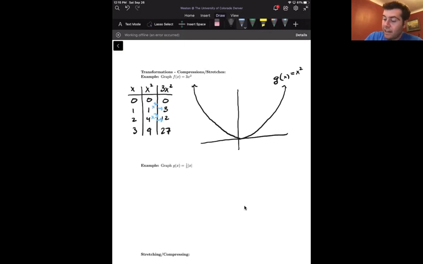And now for f of x, any y value on here, let's say that's y, we're actually going to go up to 3y and make a new point, and that will be our value. And so our new quadratic ends up looking something like this,